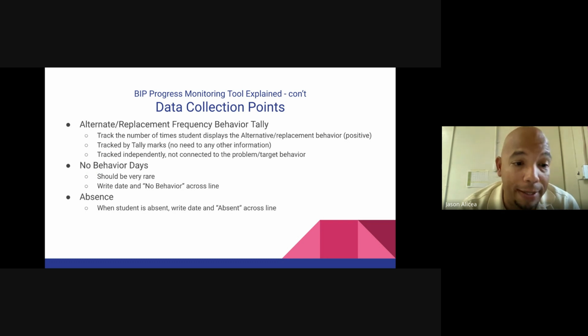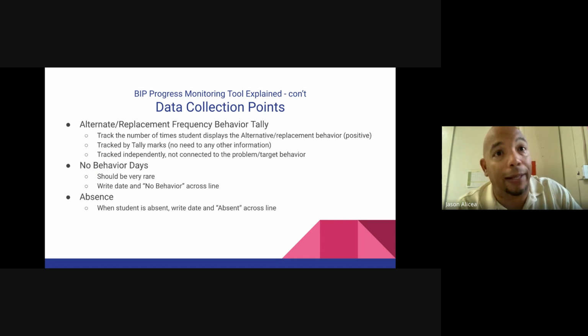And finally, absence. Same thing. When a child is absent, it doesn't mean that we're not recording data. I know that sounds silly, but all we need to do is literally mark the date, September 30th, child absent, student absent, so that we don't think, oh, this child didn't do anything on this day. Well, he wasn't here, right? As opposed to the previous bullet point where there literally were no behaviors and the child was here. So we need to be very clear about when the child's here, when they're not, and if something is occurring during those times.